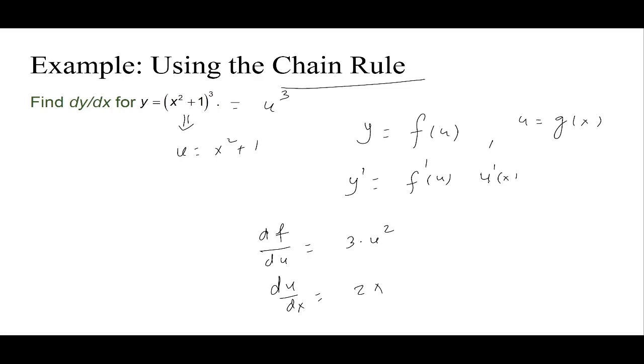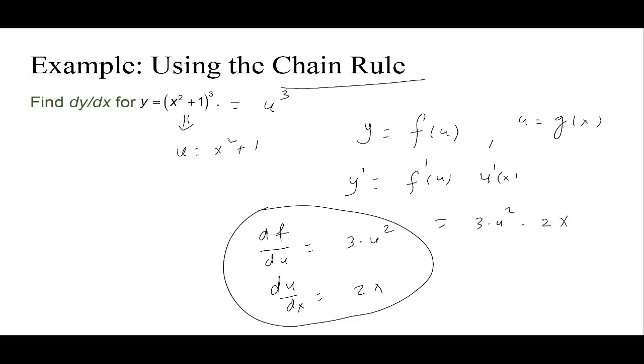So now eventually, if we want to find out the derivative of the original function with respect to x, we can just plug in the values of these two derivatives. So what is f prime of u? This is 3 times u squared. What is u prime of x? That is 2x. But remember,